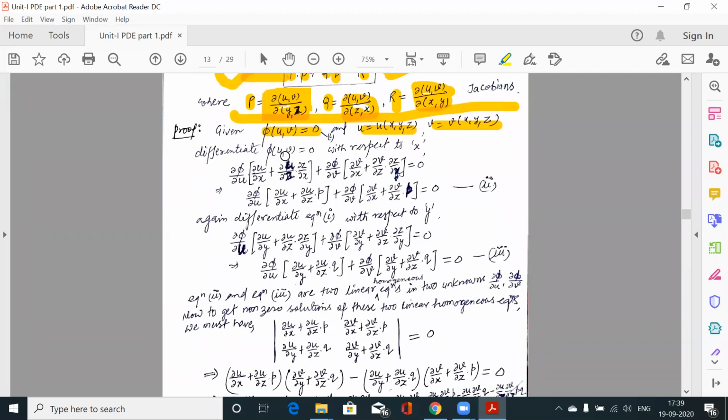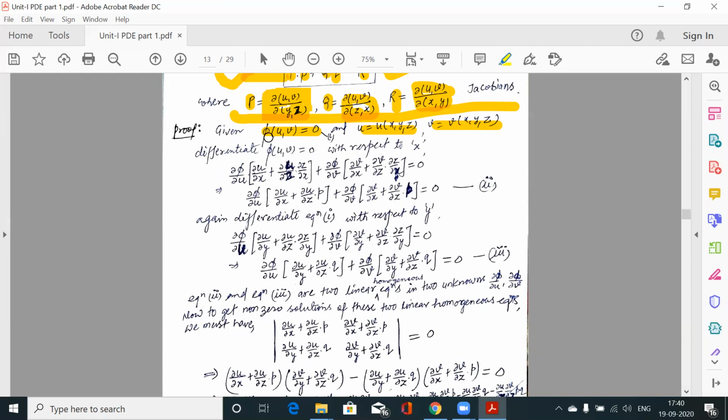This is one question: the function of u is equal to... this is our question from where we have to find out the differential equation. So what we were doing in the previous concept, second concept, we were counting the arbitrary function. So here we have one arbitrary function phi, so we have to create one differential equation without phi.